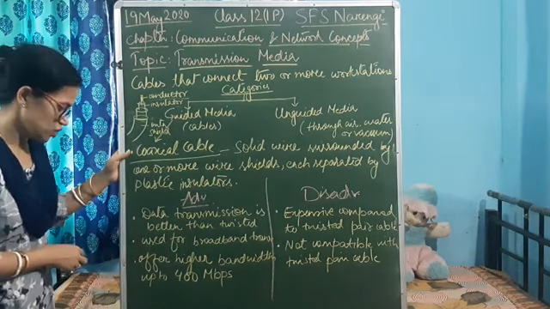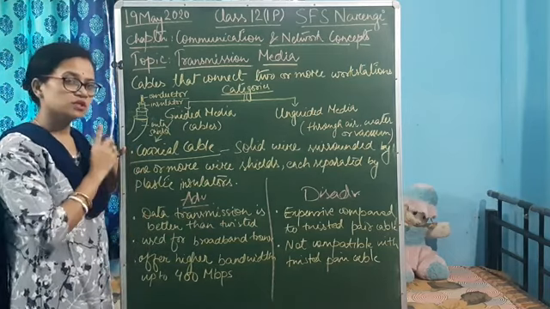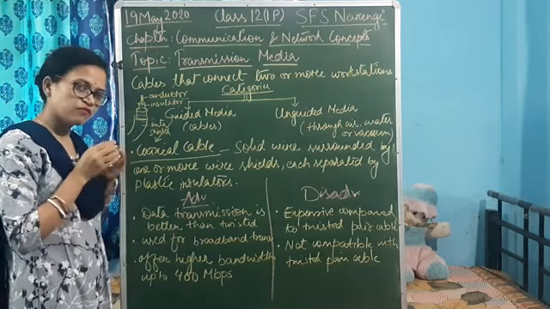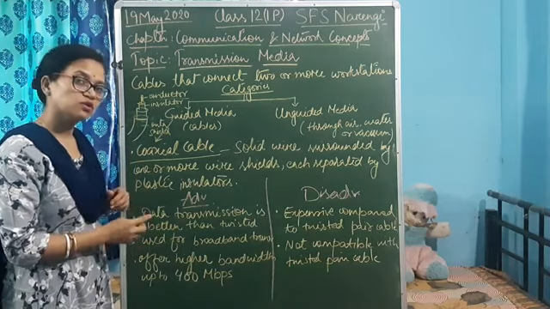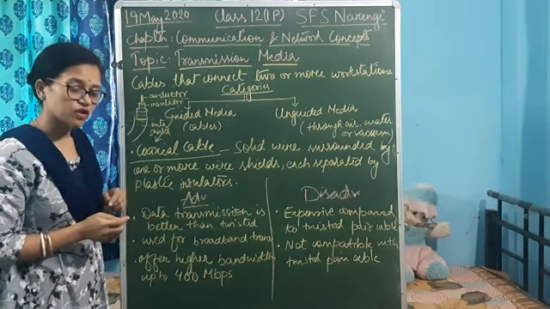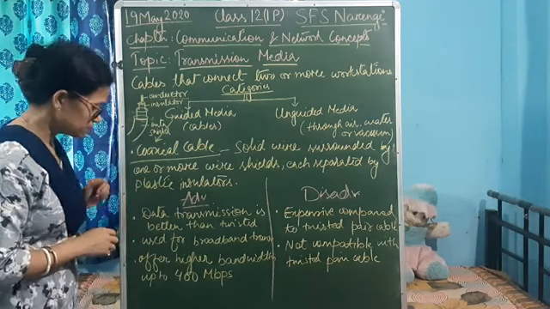The number one advantage is that data transmission is better than the twisted pair cable. With twisted pair cable, what was the flow of the data transmission? Here the data transmission is much better than the twisted pair cable. There is low traffic noise and low traffic errors in coaxial cables.